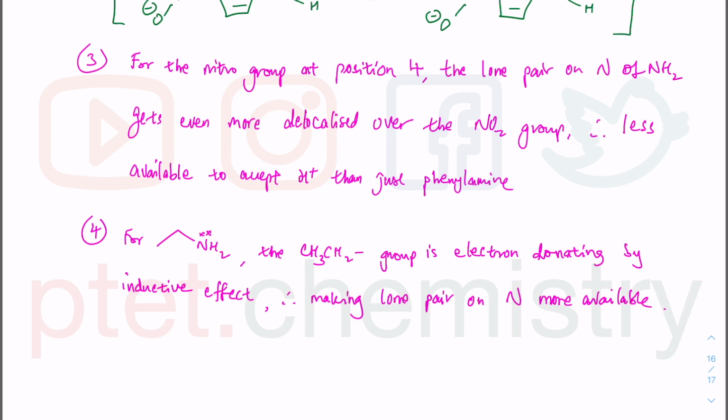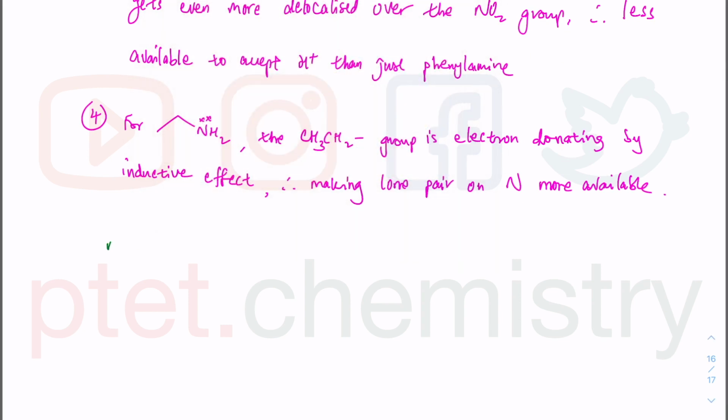Okay, therefore going back to your trend, if you want to think about the most basic, it is going to be the one where the lone pair is most available, which is going to be the ethylamine. I don't need a formula, just need to provide the name. Ethylamine, followed by phenylamine, and then followed by